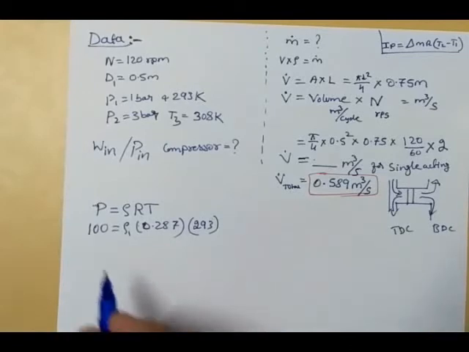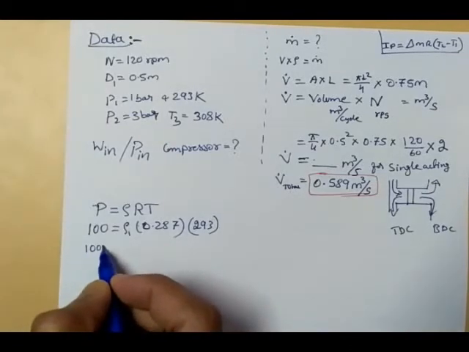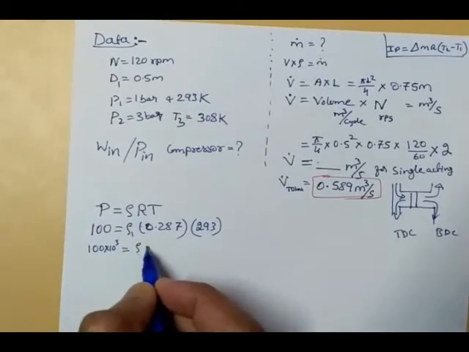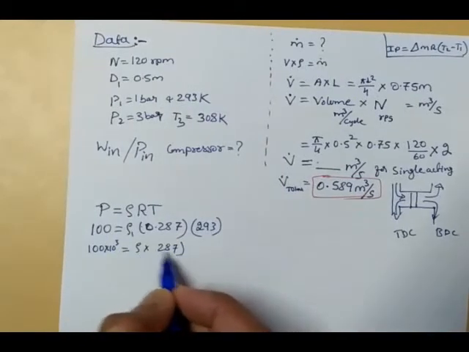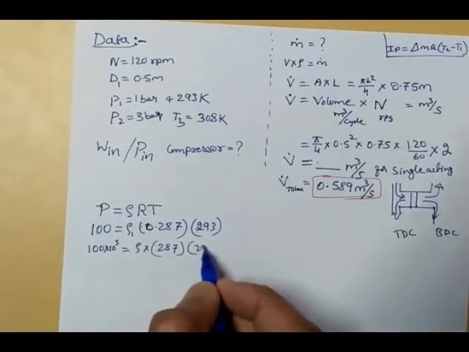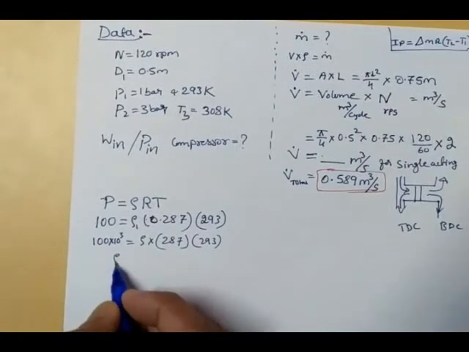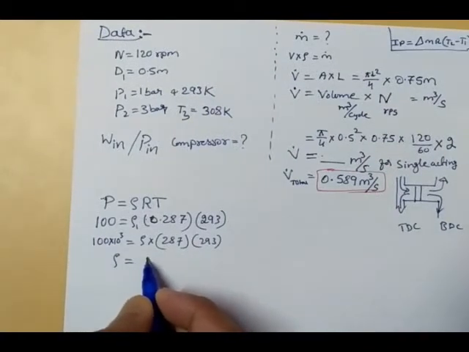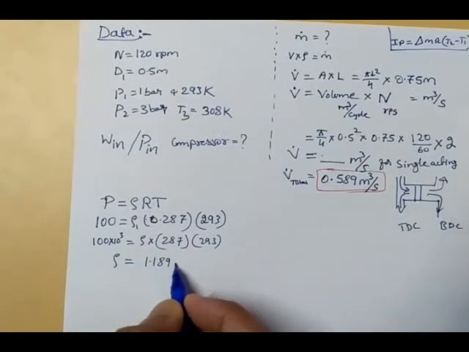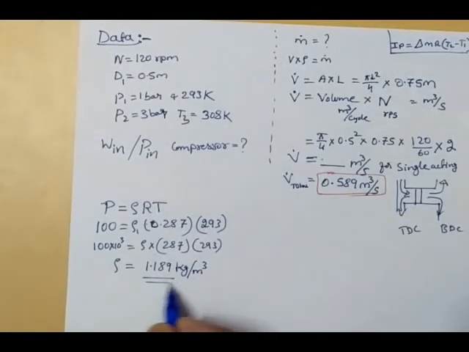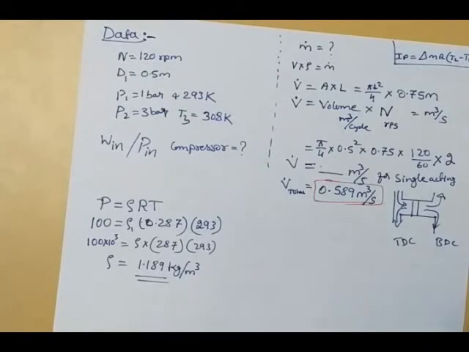Here we can substitute this into 10 power 3, that is equal to rho into 287. R value is 287 and 293. We can write in any form, but we'll get the answer for rho, density, as 1.189 kg per meter cube. So because of this,